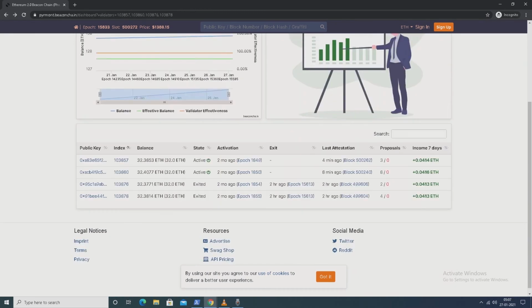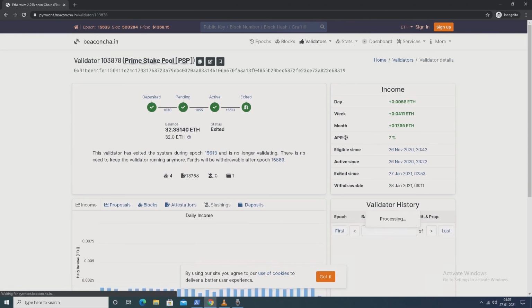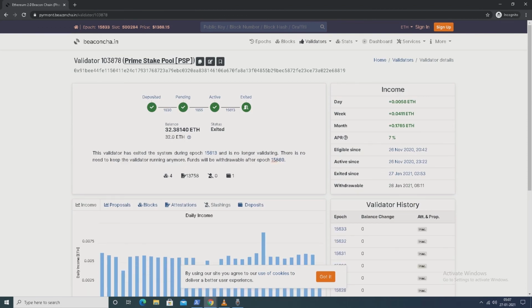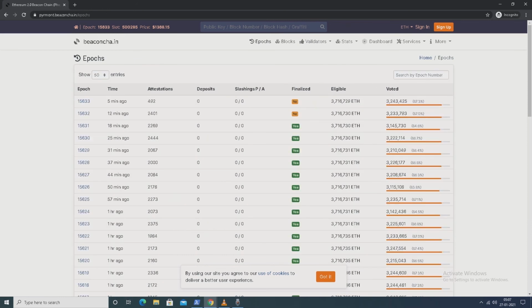And the other one will be exiting in the same epoch, and right now the current epoch is 15633.